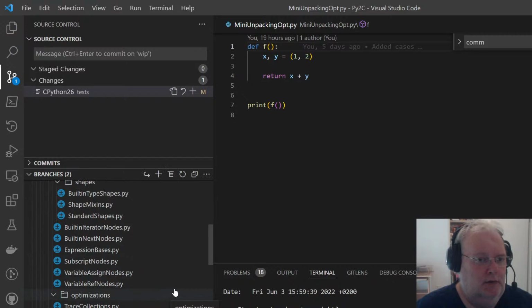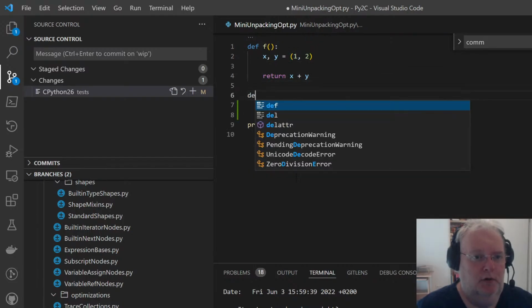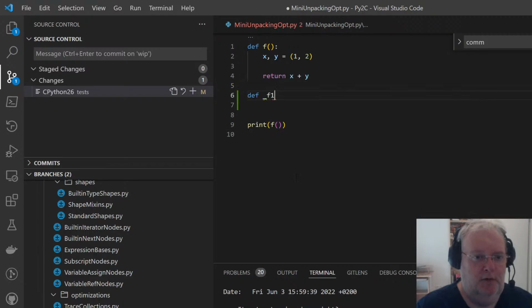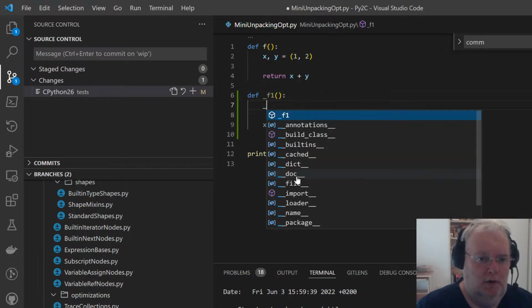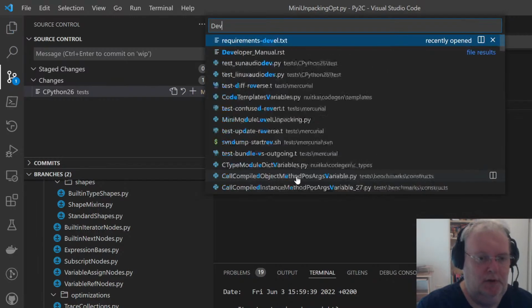The difference being that this iterator here is actually in the value tracing, it is analyzed and it has a type shape. And it sees its argument is a tuple. So this is actually def f1. It's being reformulated to, it's actually in the developer manual.